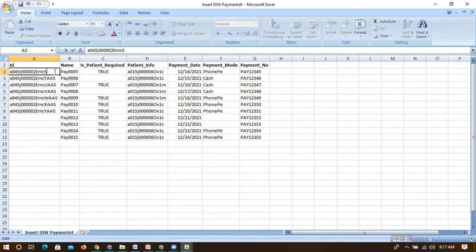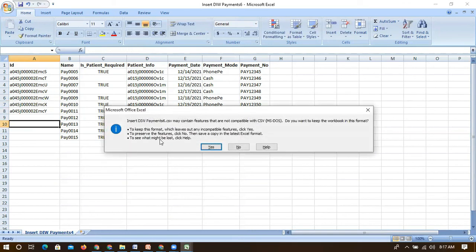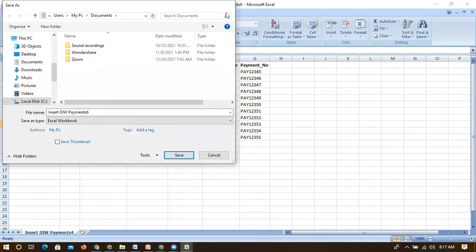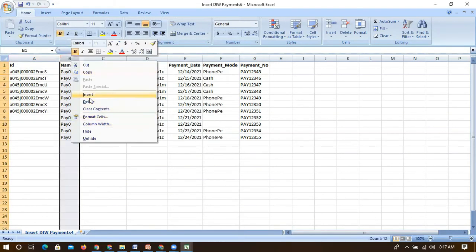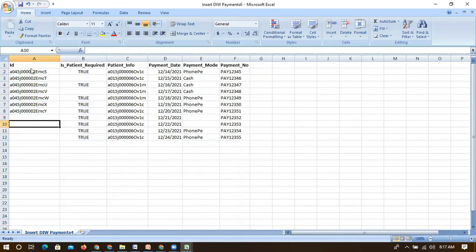And one more thing we forgot: I think it is having 18 digits, so it should have only 15 digits. Here, anyways, this name is not required. We cannot even update that information. So I have additionally added ID, because I'm performing an update operation, so this is required. And anyways, patient information is also required.